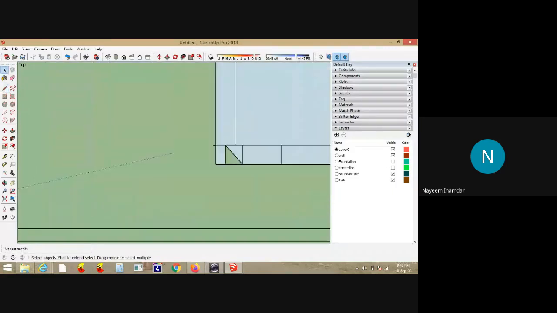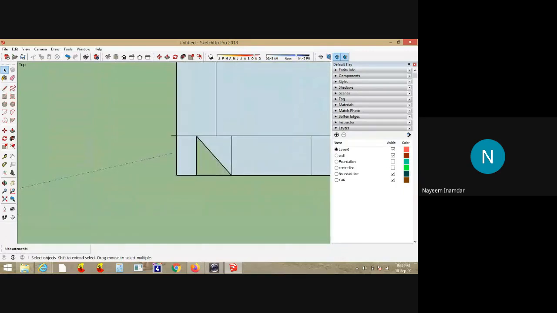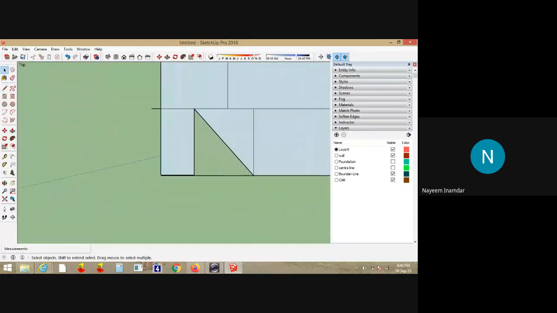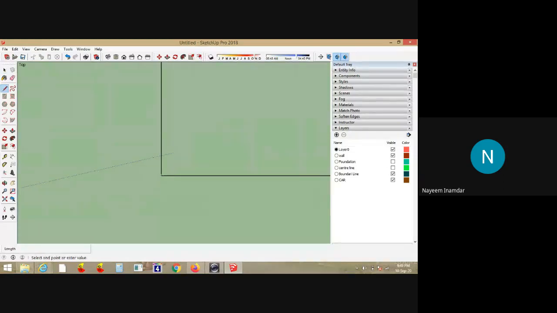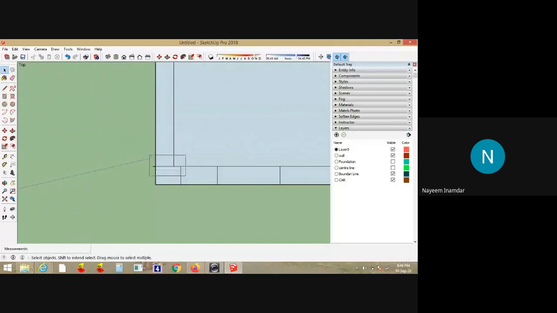See here, there are multiple lines. Because of that, it's not taking the line directly. See here, it is not a closed loop. That's why it was not taking. Now it's yes. I will delete these lines.